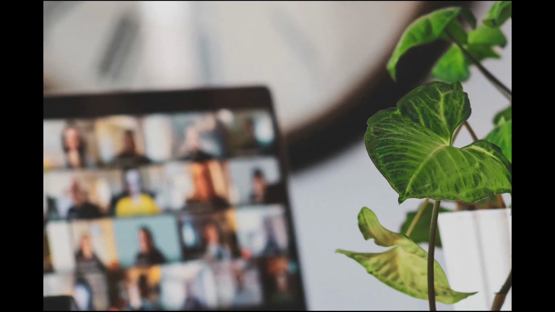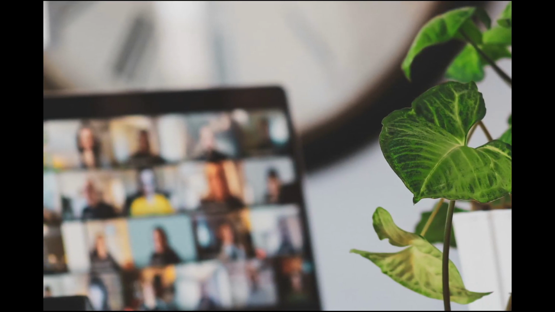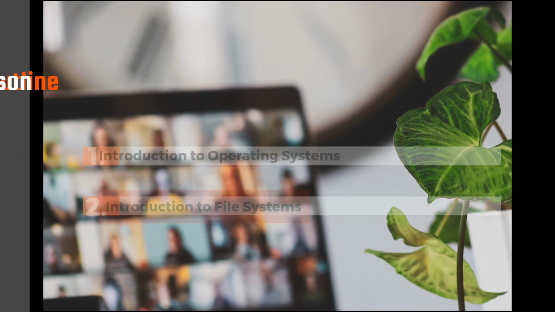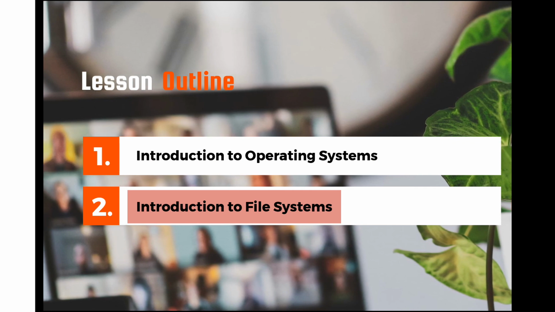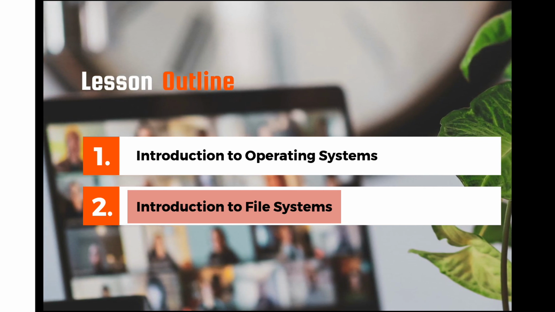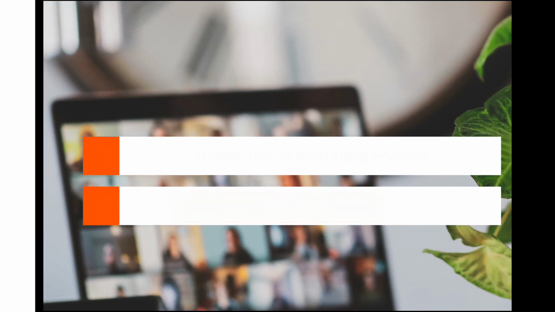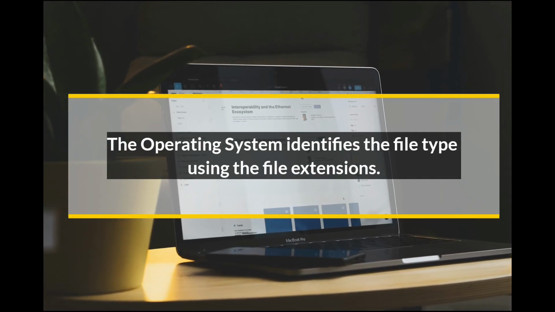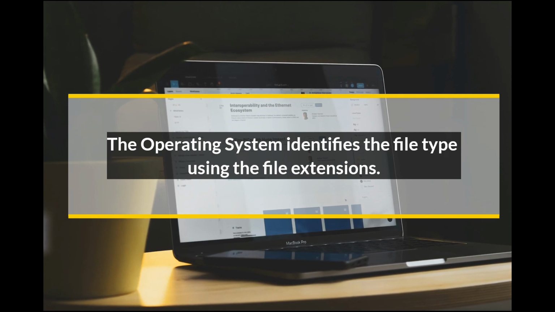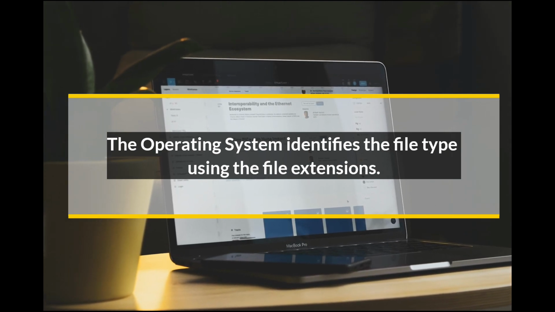It's time for us to learn the last or the second topic of today's lesson outline. That is Introduction to File System. The operating system identifies the file types using the file extensions as follows: